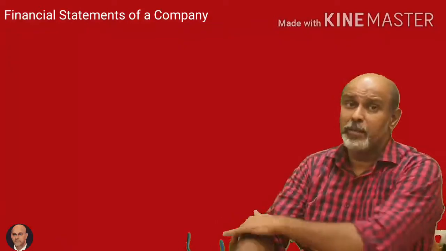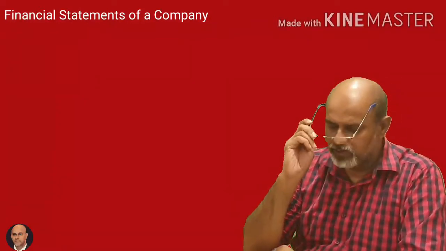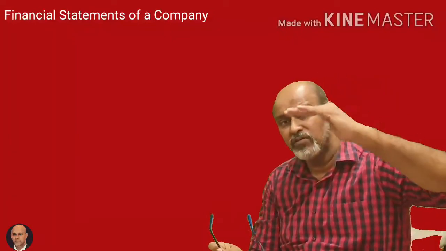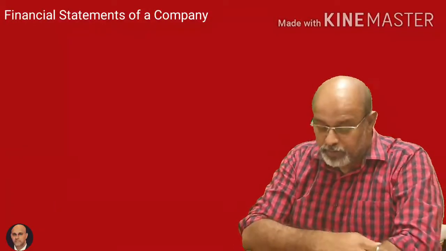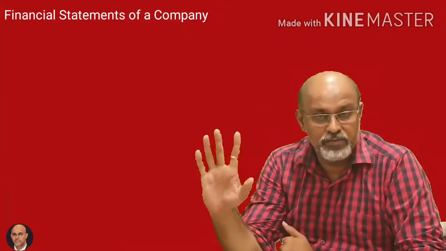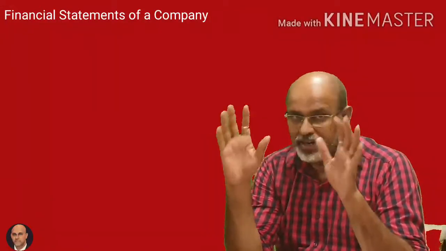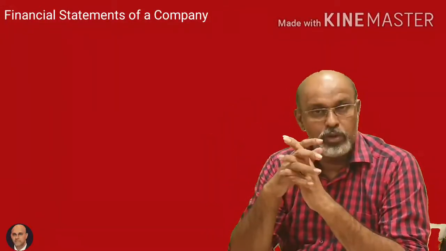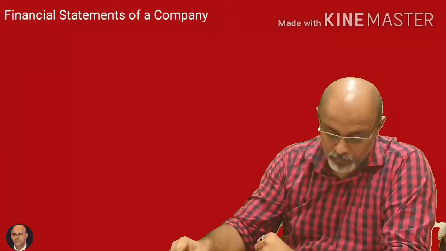So let's understand the bifurcation here, so it becomes easier for us to know which item comes where. And of course, remember, this is a vertical format, it is not a horizontal format like the debit and the credit. It is one below the other. Okay, so your income statement basically will consist of first revenue from operations. Revenue from operation is your sales and it will be your net sales. So if there are any sales returns, you will minus them from there.